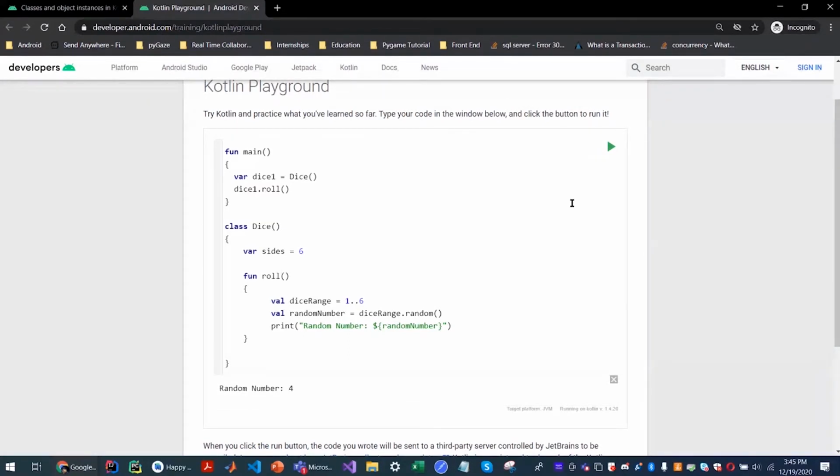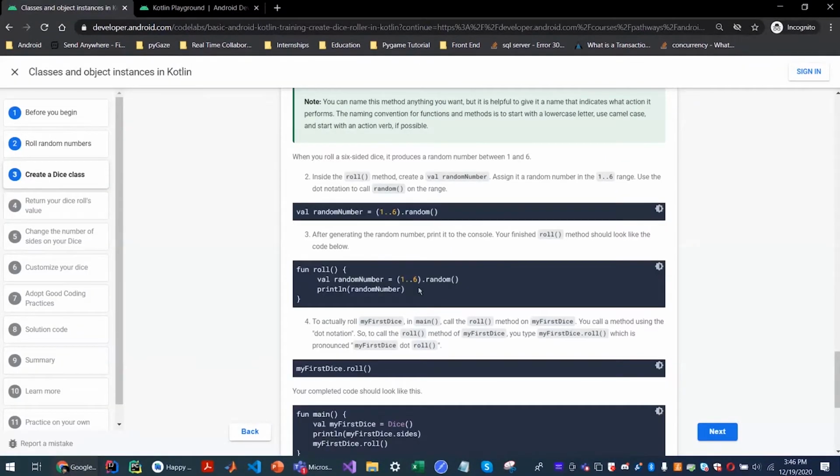But sometimes in a program, it's more useful to return the value that you're generating so that whatever calls or invokes the function can have the value and use it as necessary. Right now we're only calling the function because it's only printing for us. What we can actually do is modify this function so that it gives back a value and we can capture that value here. So how would that be done? Yeah, this is what this is talking about, returning your dice roll's value.